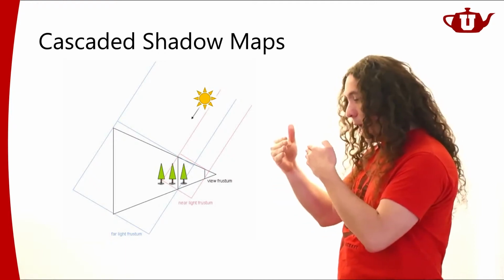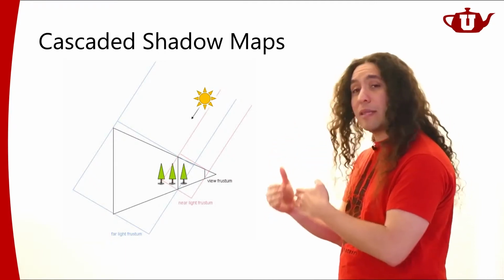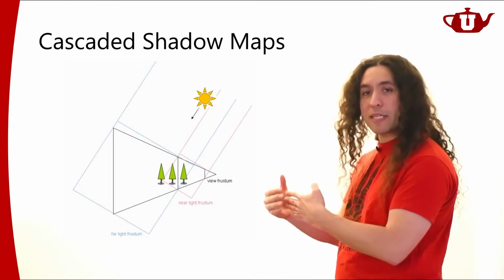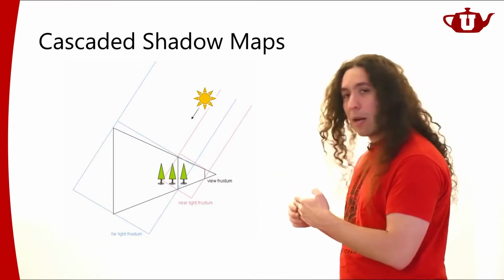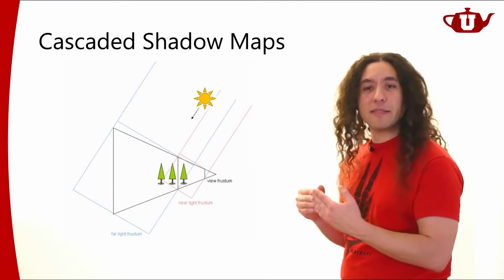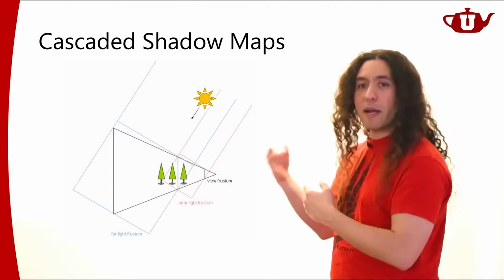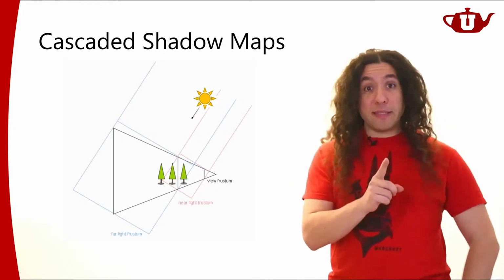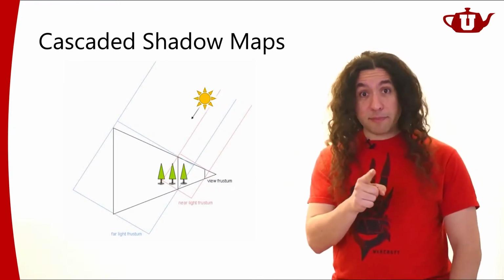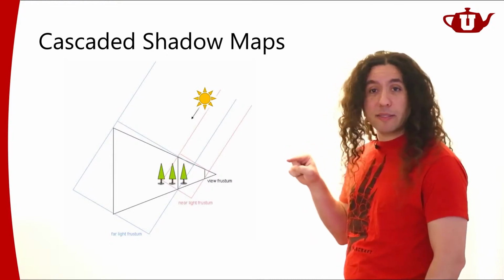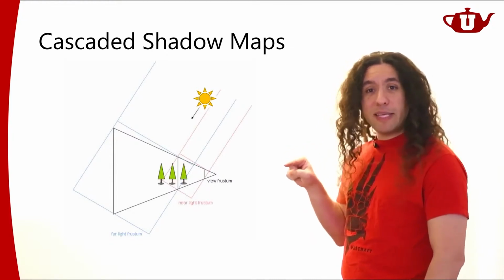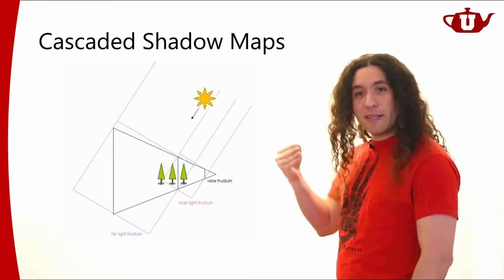So there's going to be a portion of the scene that's going to be the near part of the scene, the objects that are near the camera, and there's going to be objects that are far from the camera. Let's say that I'm splitting my scene into two pieces. Objects that are near, objects that are far. Now in world space,